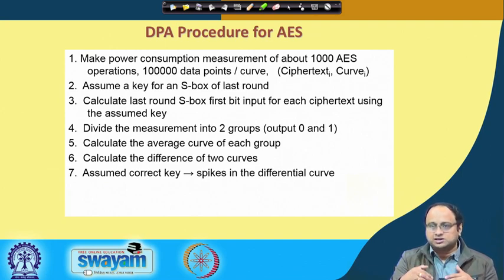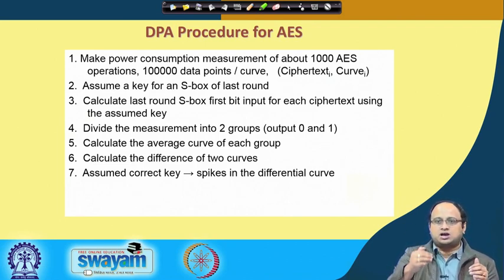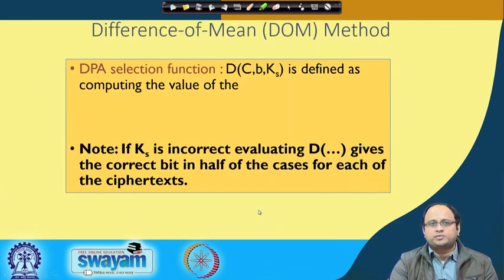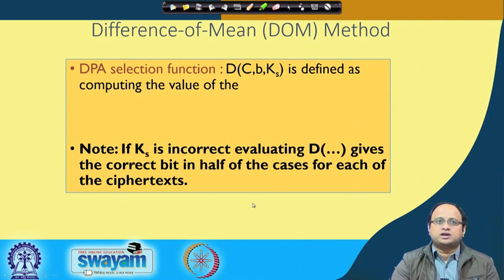But for the wrong guesses, you will always get a close to zero difference of mean. Therefore, for the correct guess, the difference of mean will have small values and then a peak, and that essentially will distinguish the correct key from the wrong key. So we will see some examples, and we repeat this operation for other key bytes, and therefore using divide and conquer, you basically retrieve the entire secret.